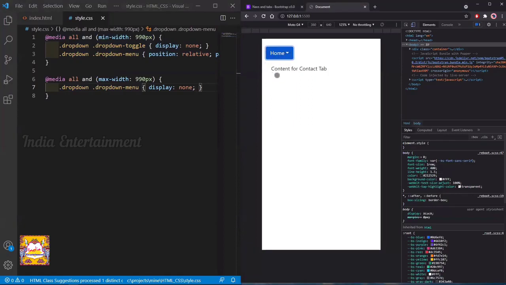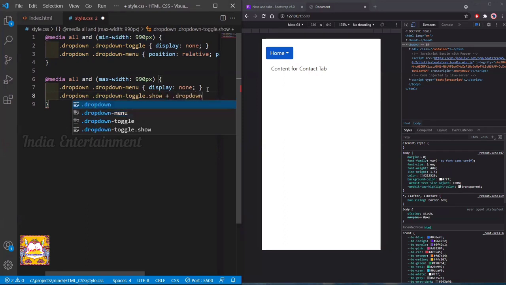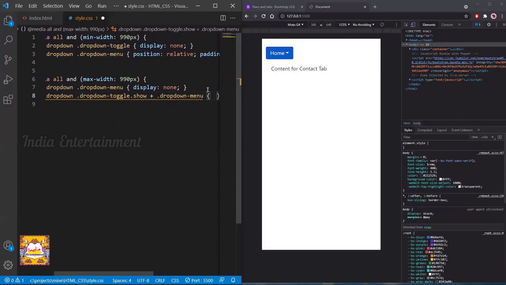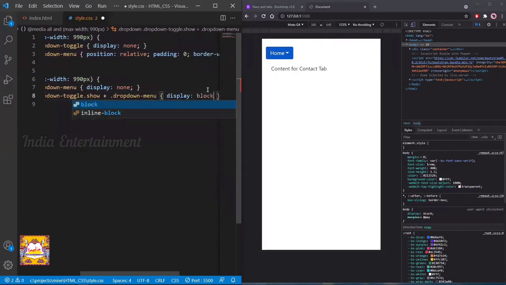So for that we need to add one more style, dropdown of dropdown-toggle, if it has show, dropdown menu should be display block. Yeah, so I'm saving this.